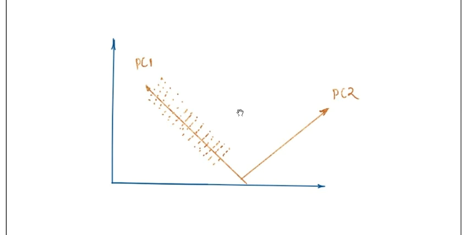Now again, these are my data points, right? This is my x1 dimension and this is my x2 dimension, the two dimensions. The data is clearly spread out in this direction. So this is our principal component 1. This direction or this direction are the same, just the negative of the above direction. So my data is most spread out in this direction. So this becomes my PC1.